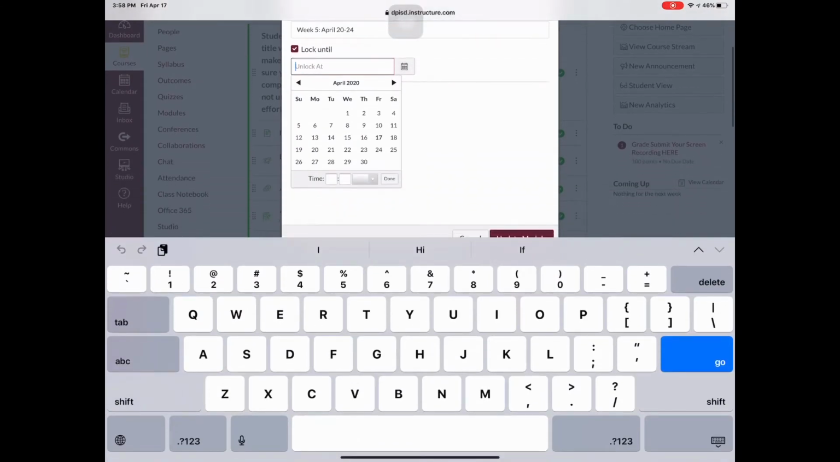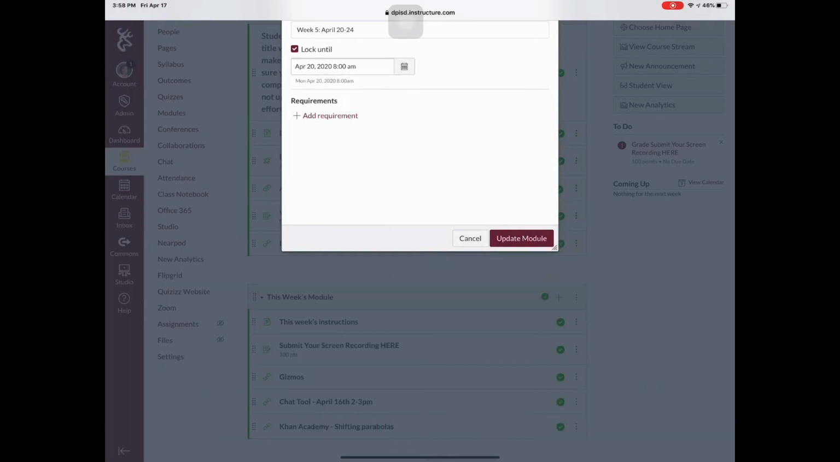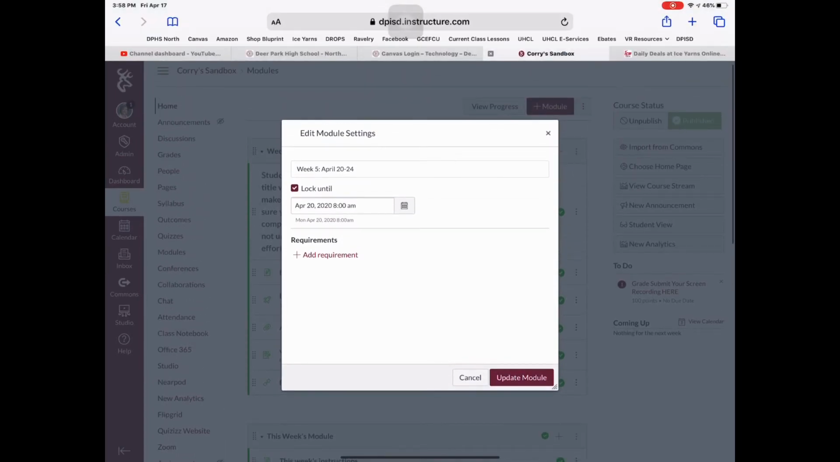So I'll put it for April the 20th, and we'll put in 8 o'clock a.m. and tap done, and that way we can go ahead and have the module published, but it won't show anything for the students until 8 a.m. on April the 20th. Now, we have different things within our module that we want the students to do, and